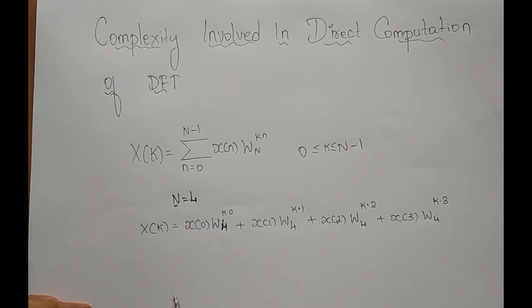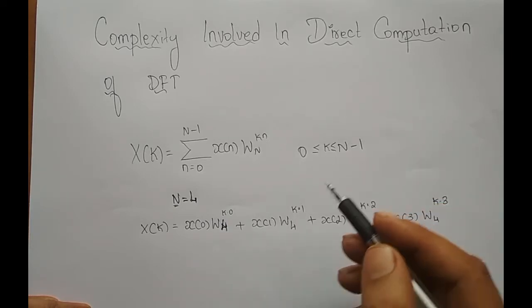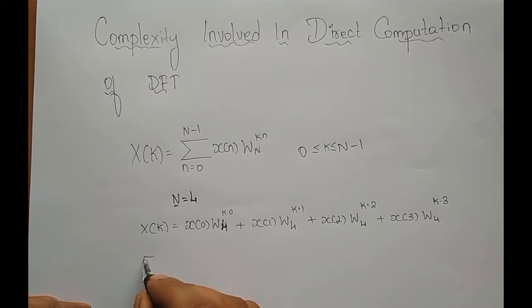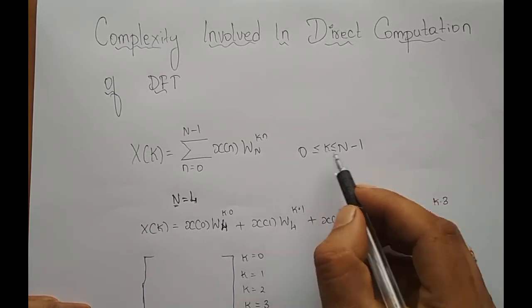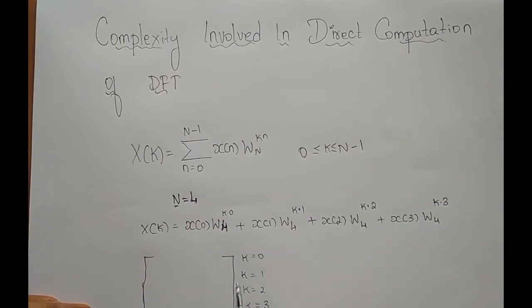Fine. So if I give values to n, it is actually one row of a matrix. If I give values for k, we get all the rows of the matrix. In our case, since N is equal to 4, it is a 4 cross 4 matrix. For one value of k, for example k equal to 0, this will give me one row, k equal to 1 the second row, k equal to 2 and k equal to 3. Why did I stop at 3? Because k is also varying from 0 to 4 minus 1, which is 3.